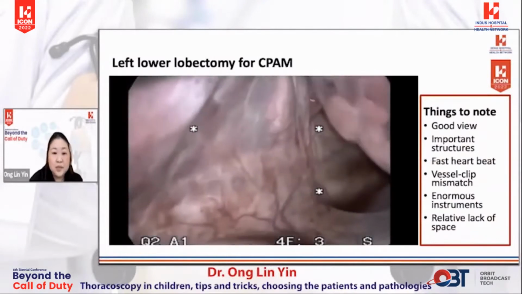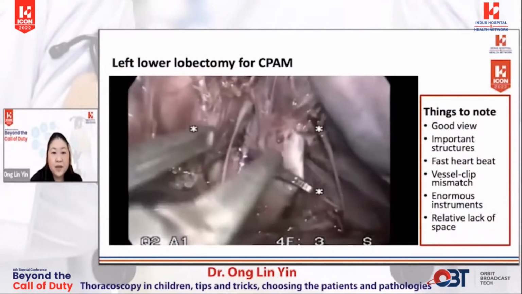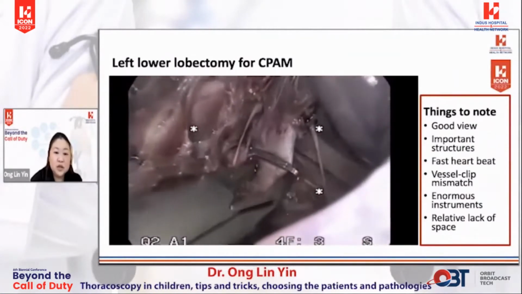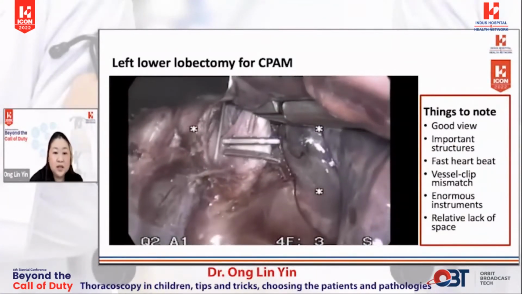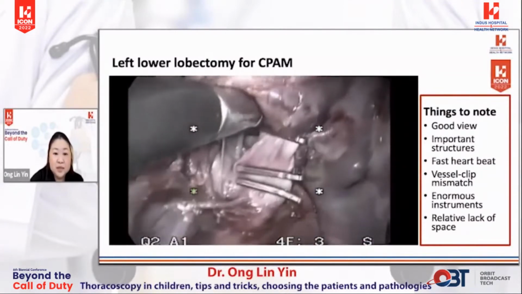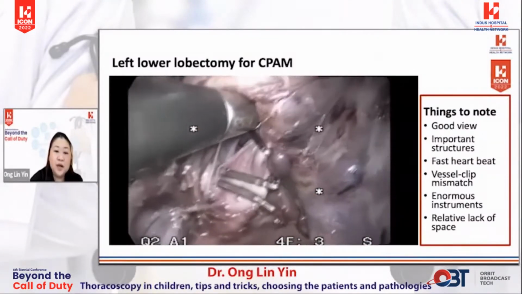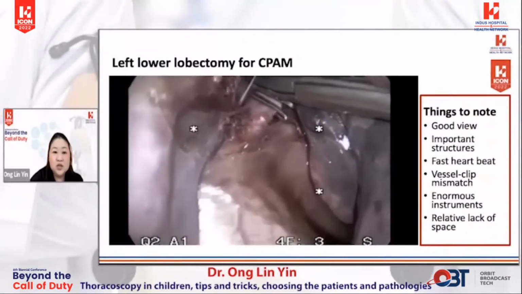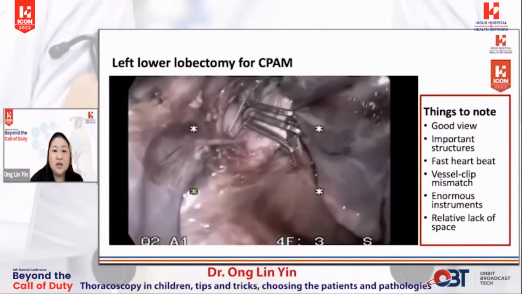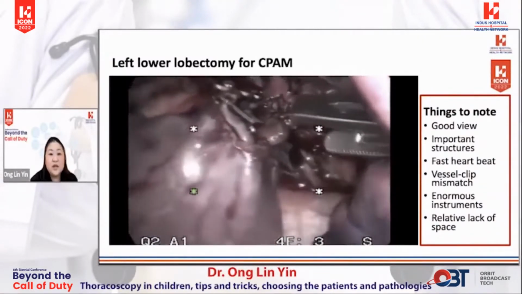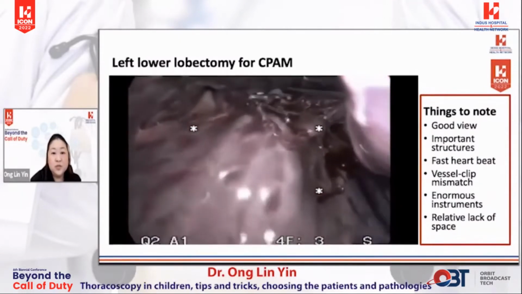Right now, you can see they're going to the inferior pulmonary ligament. After dividing the arteries to the lower lobe, we are now looking at the inferior pulmonary vein. At this point, let me point out that the Ligamax clips that are being used should be applied over the entire vessel. As you can see, the surgeon here is not happy with the first two applications and therefore is putting a third clip.